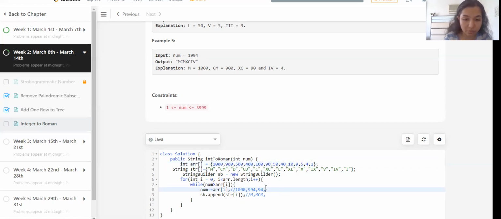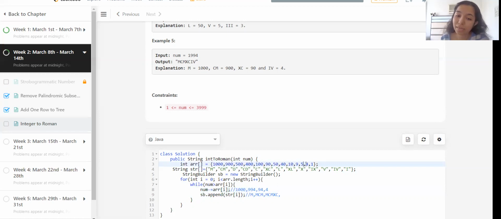So we remove 90 from the sum and add it here. 90 is represented as XC. Now we move ahead and try to check again.